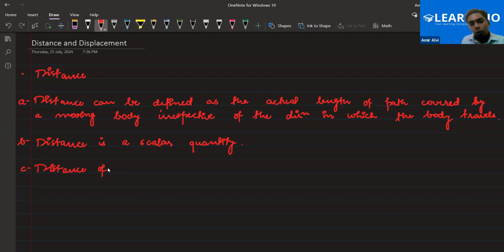So these are the minor points that basically cause some confusion while studying. Okay, so distance of a moving